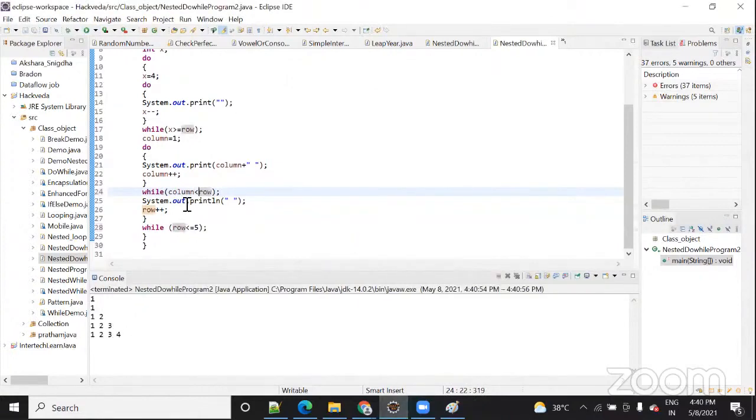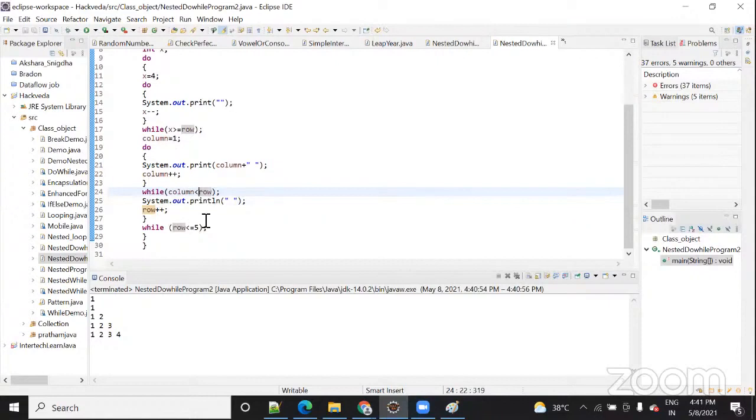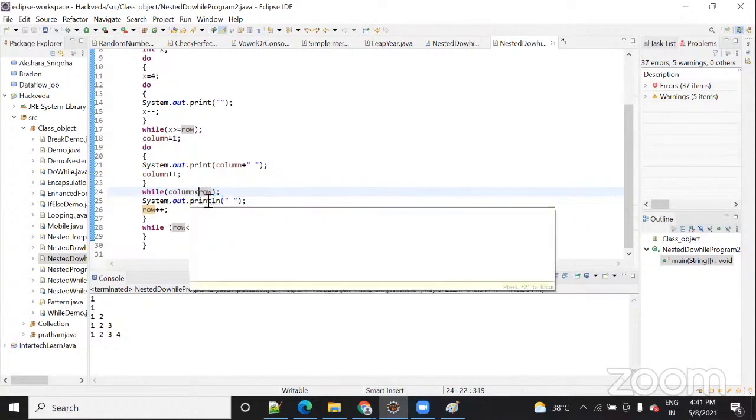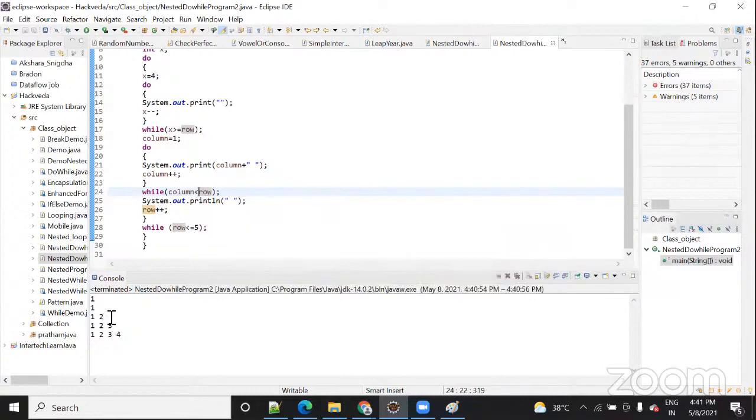One, right? So here you can see, when you have reduced the column to 1, when you have taken column less than row, one column has reduced and it is not printing; it is taking two rows instead of taking a column. Let me make the changes again and show you what the difference was.